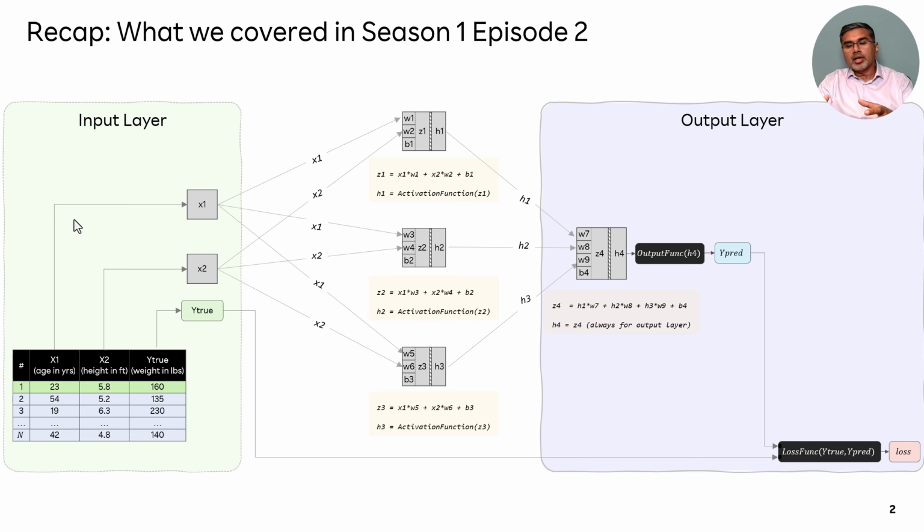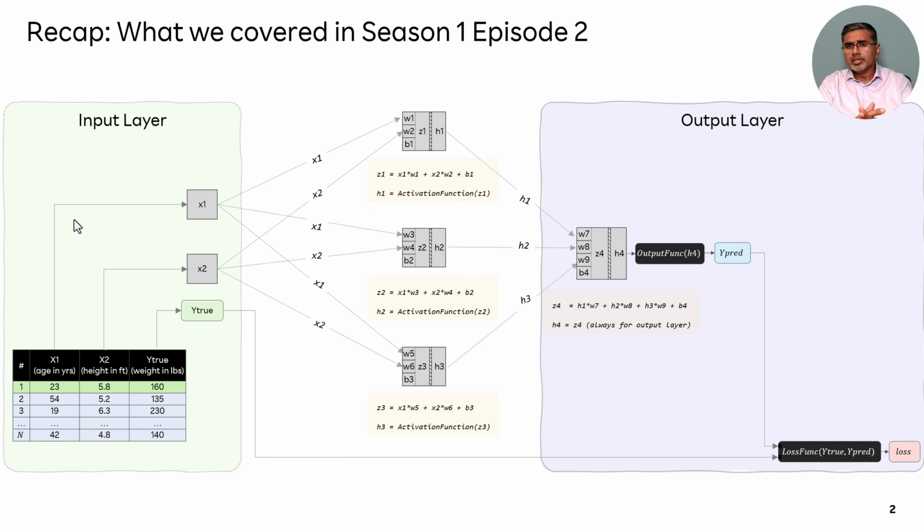And on the output layer, I walked you through several different use cases from single output regression to multiple output regression to classification problems like binary classification, multi-class classification, multi-label classification, ranking algorithms, and so on. And I showed you different output functions, whether it is the linear output function, the softmax output function, or the sigmoid output function. I also showed you different loss functions that can be used